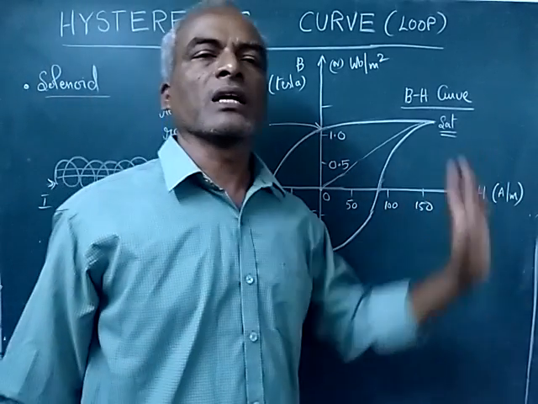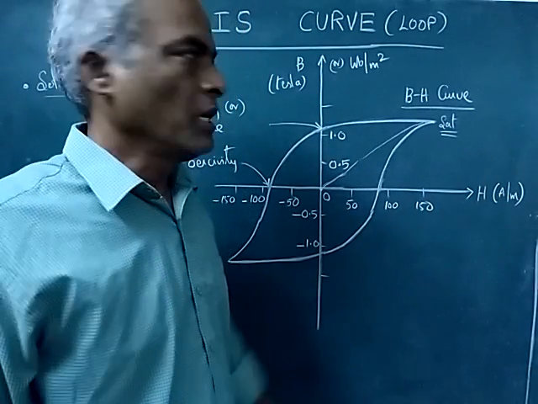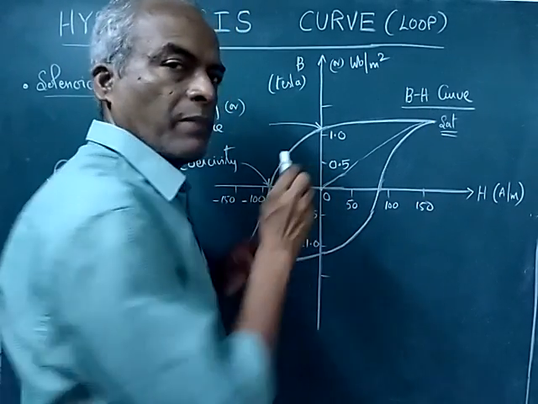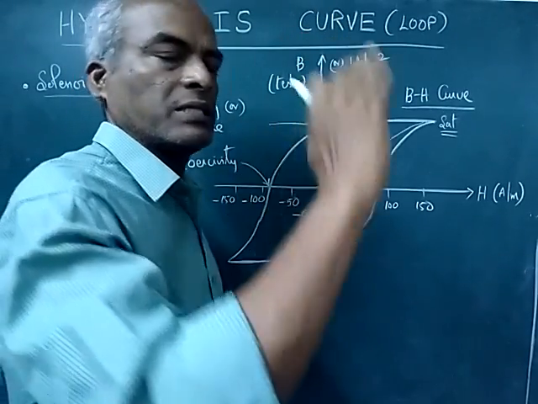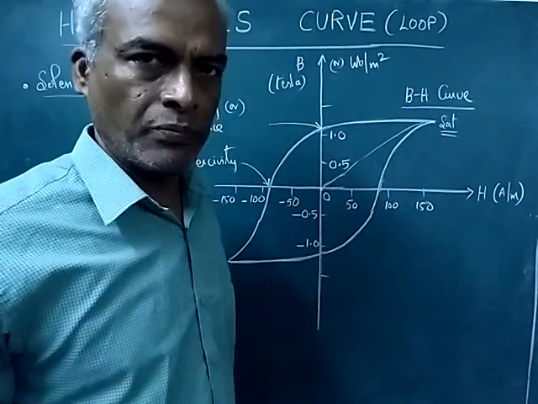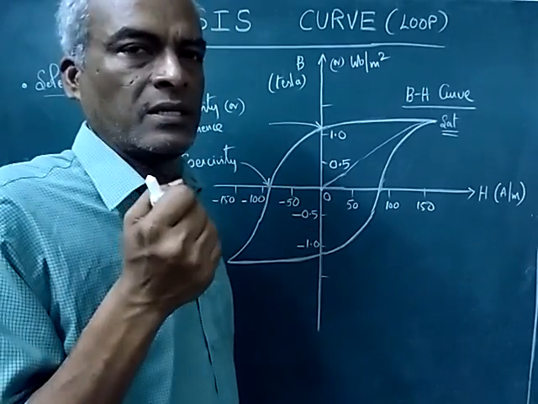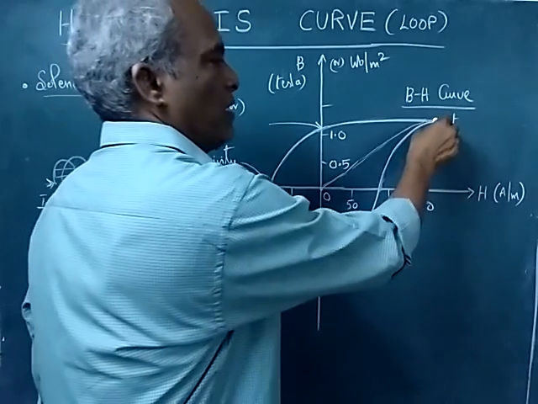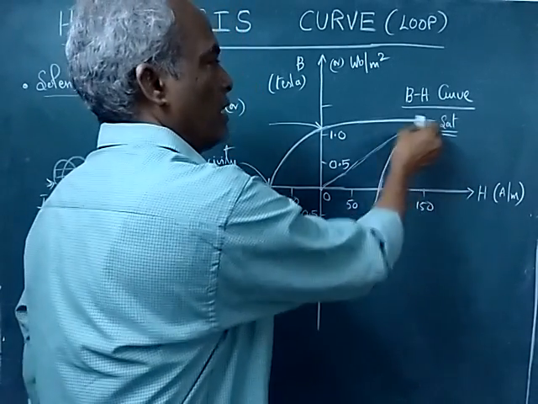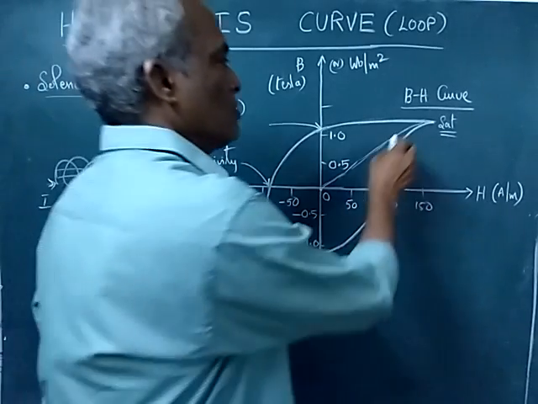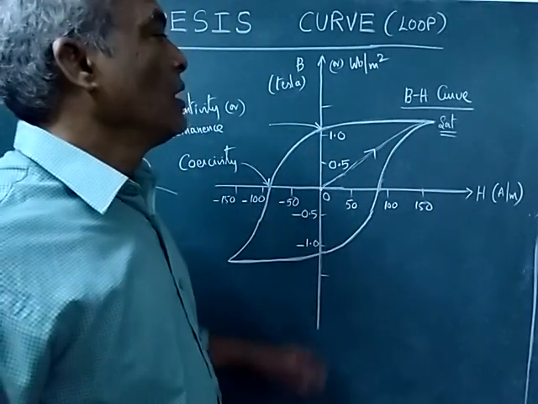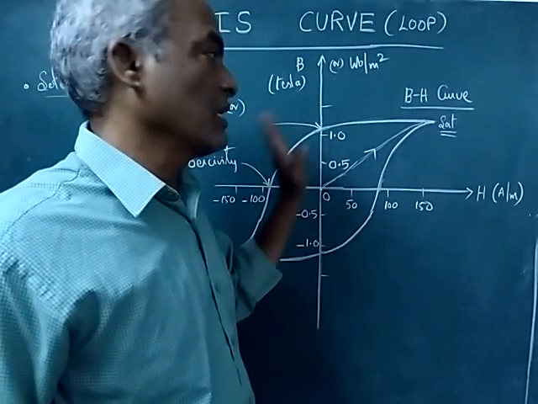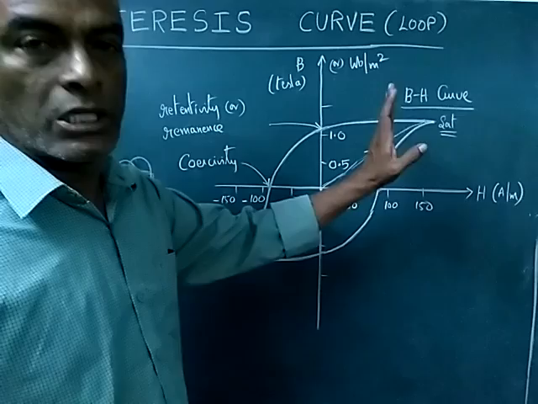If you further increase the current, nothing will happen. It is the saturated value. So it starts from zero, an unmagnetized material, and starts magnetizing when the current in the coil is increased. It goes up to the saturation point, where there is a definite current through the coil and a definite magnetic flux density. Afterwards, even if you increase the current through the coil, nothing is going to happen as far as magnetic flux density is concerned.